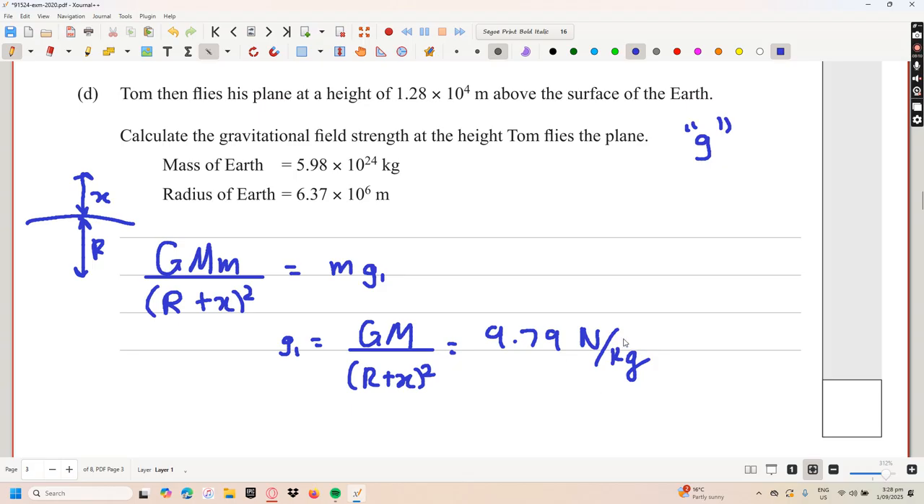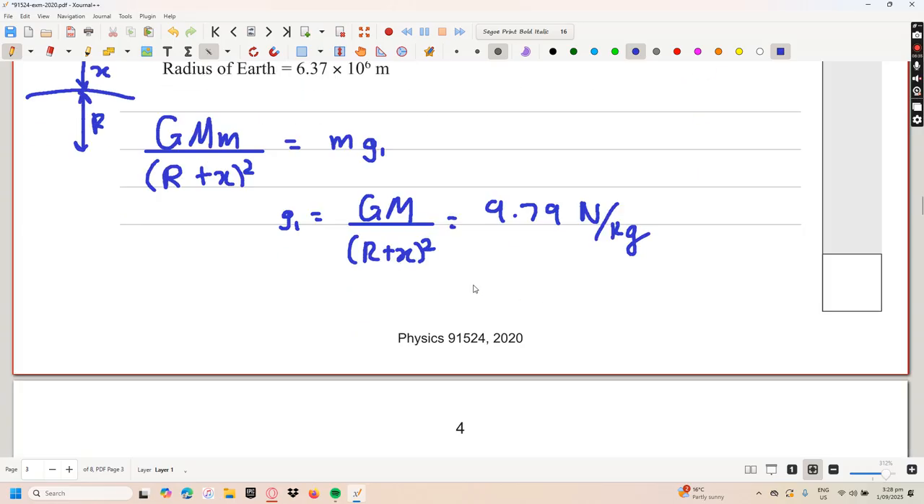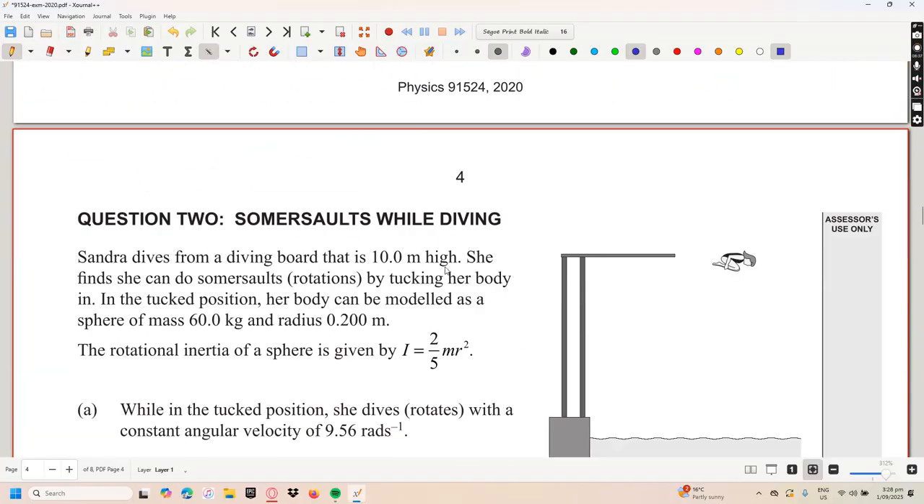Newtons per kilogram is quite a good unit, describes the amount of force per mass, not per weight, per mass. You can also use meters per second squared if they are equivalent. And notice this is not that much smaller than 9.81, which should make sense, right? We're only, what is that one? 1.28 times 10 to the 4. We're only about 13 kilometers off the surface of Earth. So it's not actually a big effect. It's still relatively similar. Anyway,